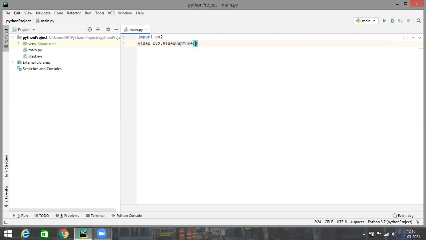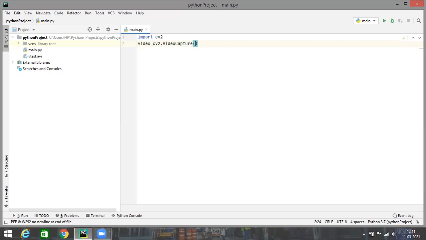Now, this video capture method takes two types of arguments. Either the argument can be a device index. The device index simply means the camera device from which you want to capture the video. The camera device can either be the inbuilt webcam of your laptop, or it can be the external camera which is connected to your computer. For either case, you can specify a numerical value such as 0 or 1. If you specify 0 here, it will mean that you want to capture the video from your webcam, and similarly if you specify 1 in this argument list, it will specify that you want to capture video from an external camera which is attached to your computer. I guess that is clear.